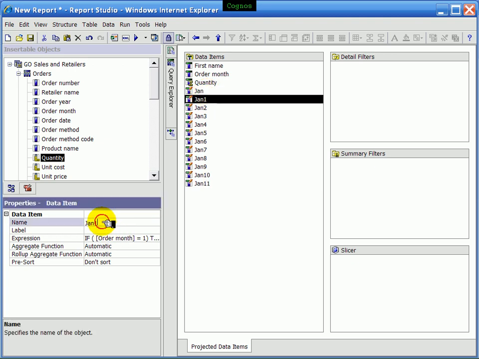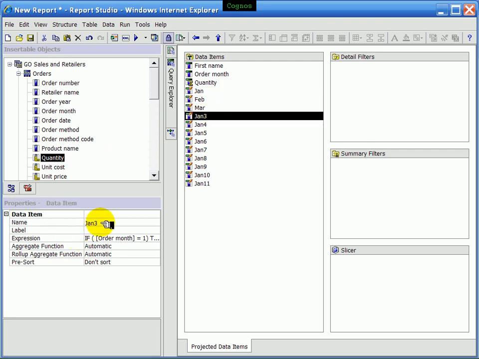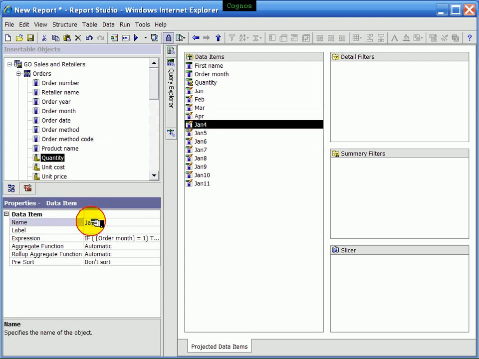Let's change the names to Feb, March, April, May,